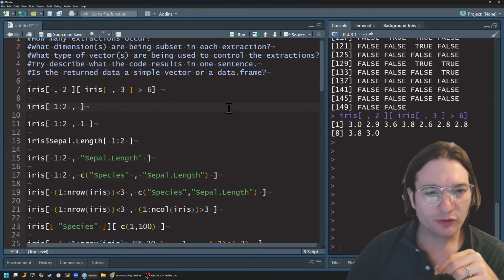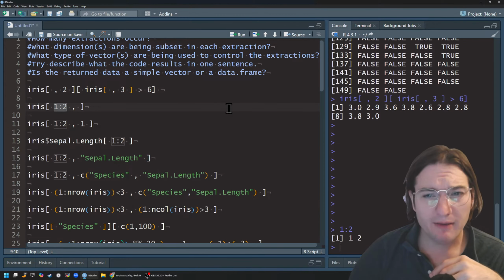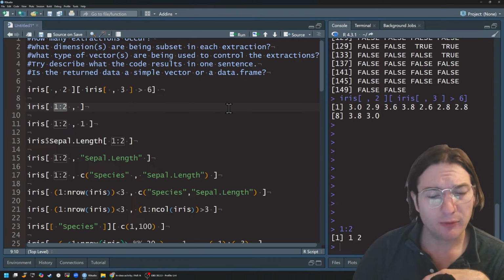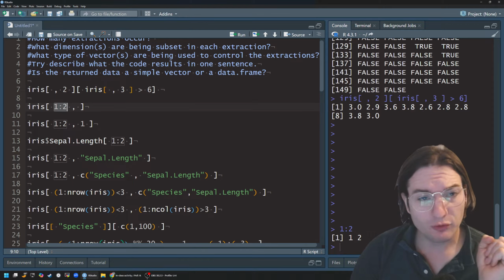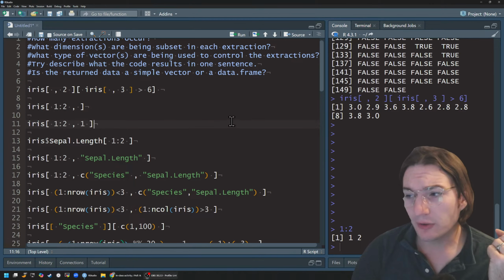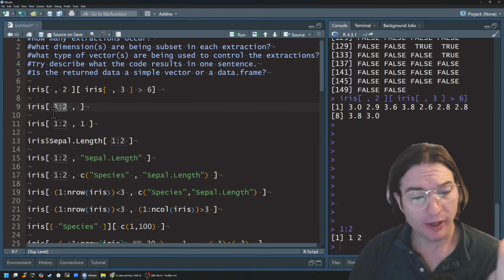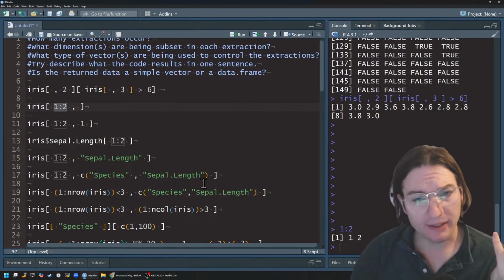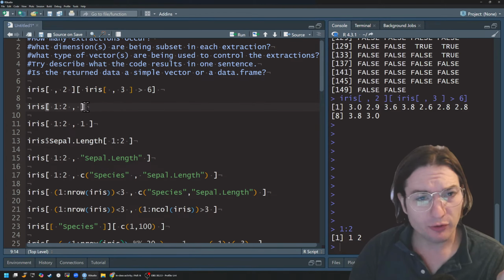All right, the next question asked about this line of code, a little bit simpler. Here we have an integer vector that's being created. This isn't the extraction yet. The extraction isn't just 1 or 2. It is only going to occur after the colon has operated. And so at that point, this is now an integer vector being sent to a